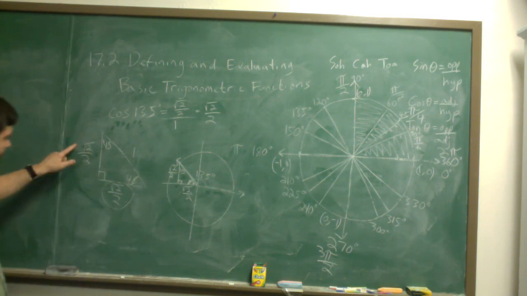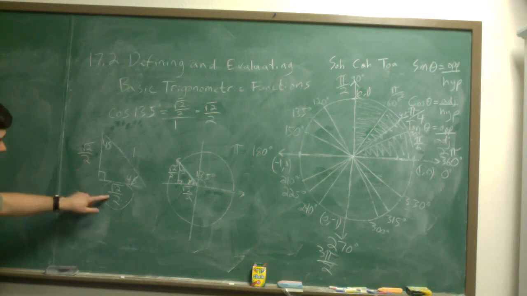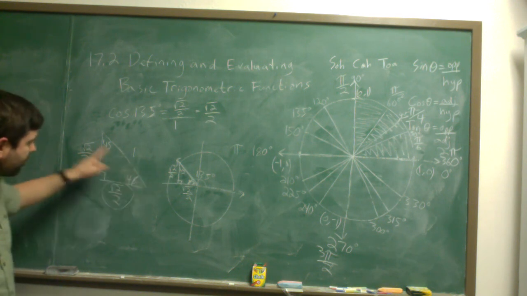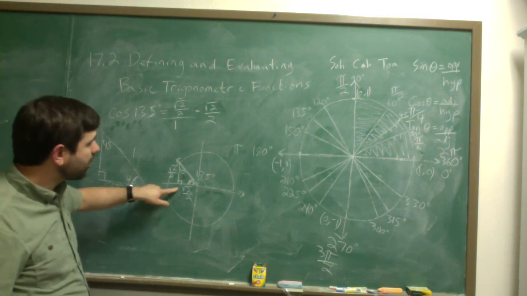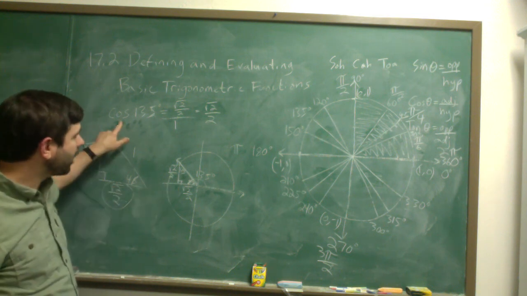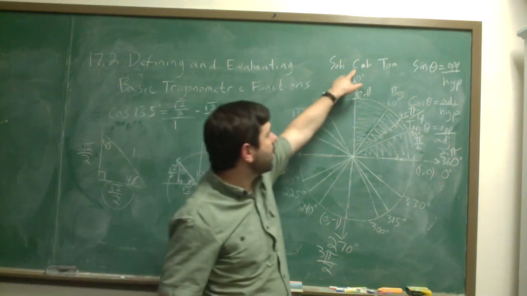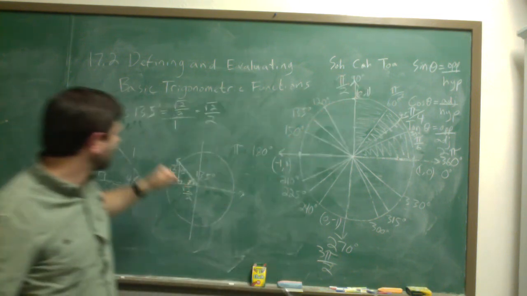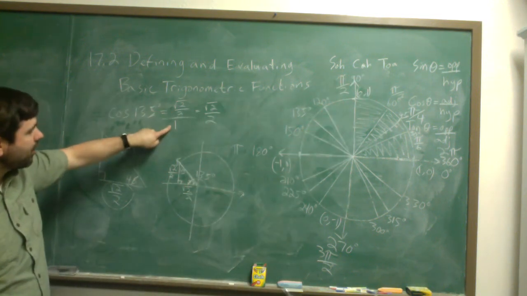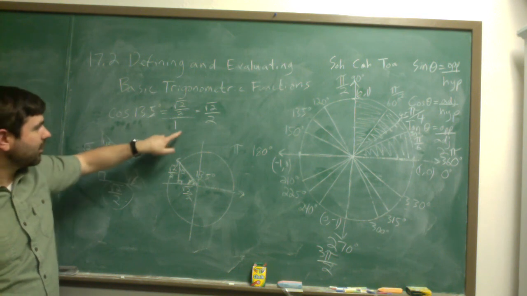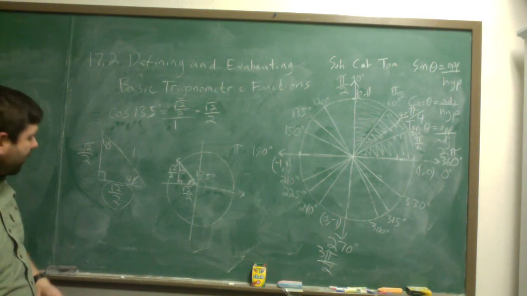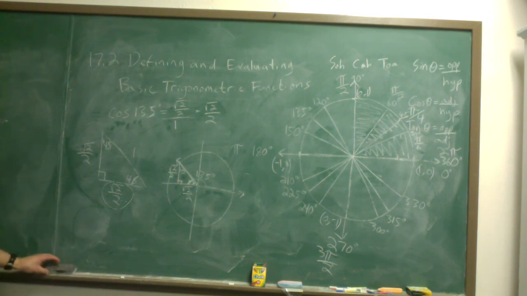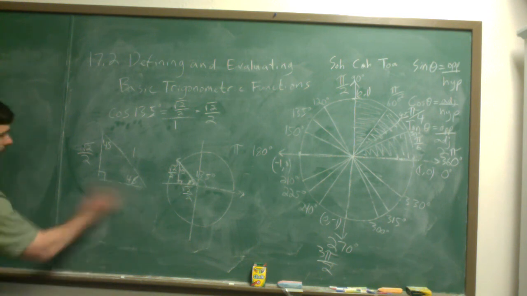We figured out our side lengths are root 2 over 2. We knew that was true from a 45, 45, 90 triangle. And then we just used our SOHCAHTOA. We're doing cosine. Cosine is adjacent over hypotenuse. That's where these values came from. And we can see divided by 1 doesn't change anything. That just equals root 2 over 2. So that's how we find cosine of 135. Okay, let's do another